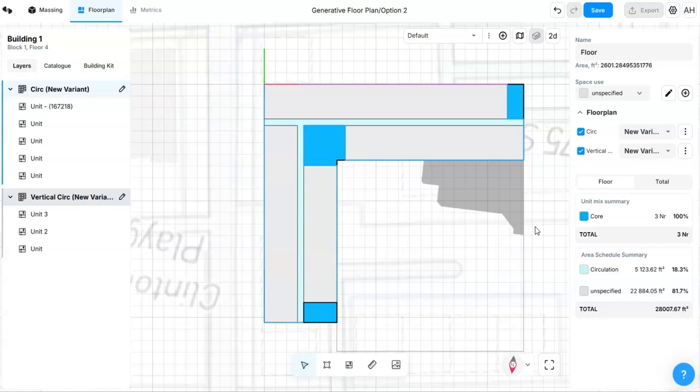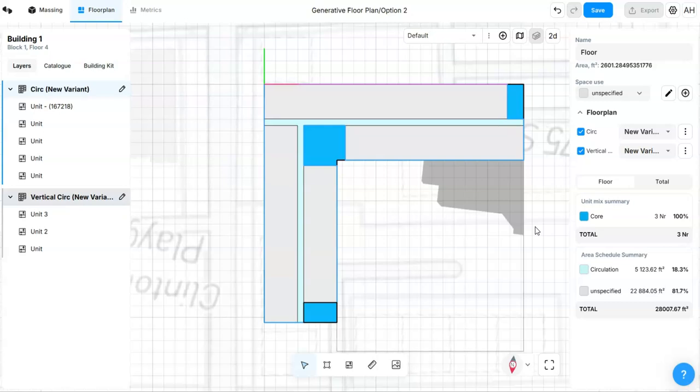Alex here, and in this video I'm going to be going over how to utilize Skema's floor plan generative layout functionalities. Now, there's a few things you need to have created before you can utilize these exact functions. The first is you need an actual building or massing created within Skema itself, and within the floor plan itself